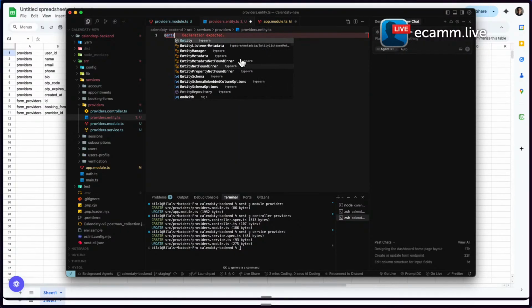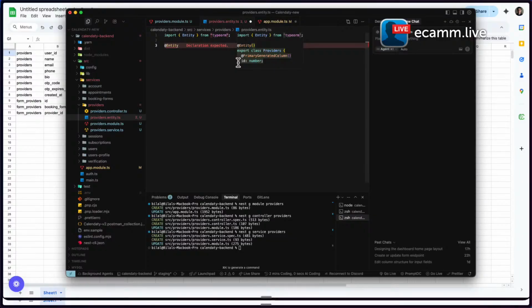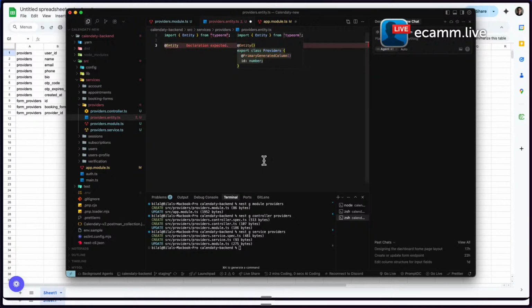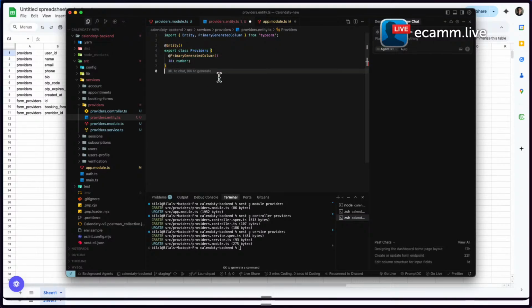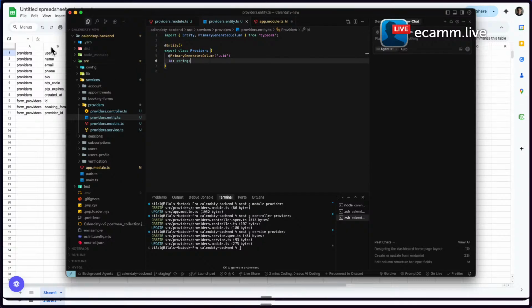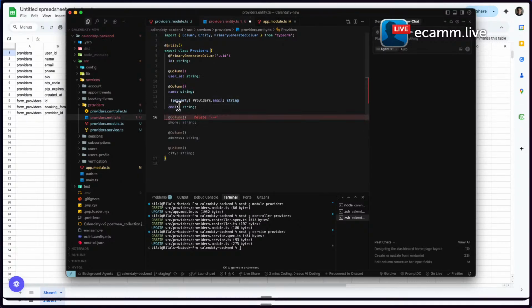So let's first of all do the entity. Nest.js works with decorators, which is like @ and then whatever decorator you want. In this case, it's an entity. Actually, Cursor is telling us, using the autocomplete. Good, but we need to edit some stuff. Like this here should be a string and a UUID. And then now we need the user ID. So it's going to be a column. And then we are going to call it userId, a string,